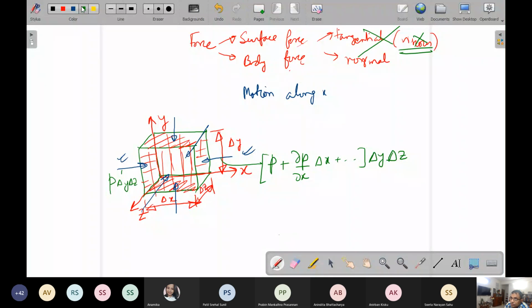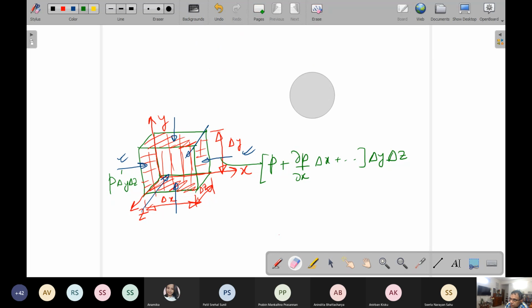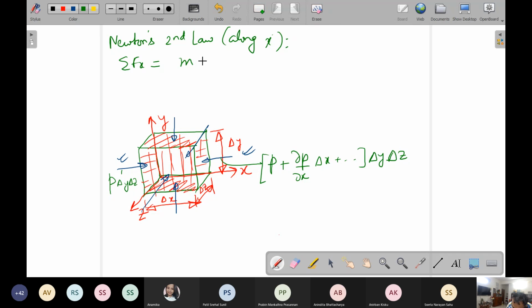So now let us write Newton's second law as applied along the x direction. So the resultant force along x is equal to the mass of the element, let us call it delta m, into the acceleration. So resultant force along x. So we can write P